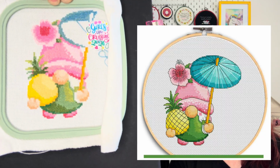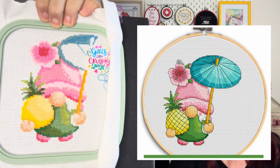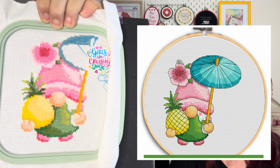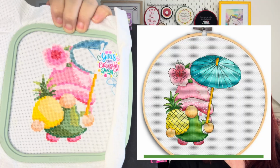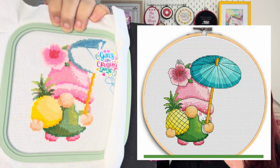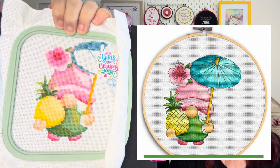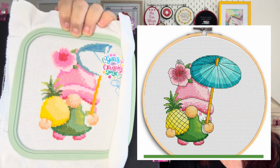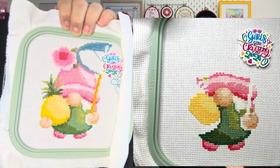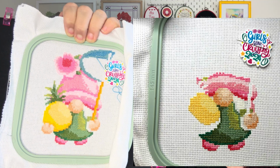So, this one is the Tropical Holiday Gnome. This one I started on our cruise last year. It's on a 14 count white Aida, and I'm using my CXC threads. Where I could match a DMC number, I did, and then I had to substitute some other ones. So, I started this one on the 1st of August last year while we were on the cruise, and I've got 1,341 stitches done since we showed it last, which has brought it to